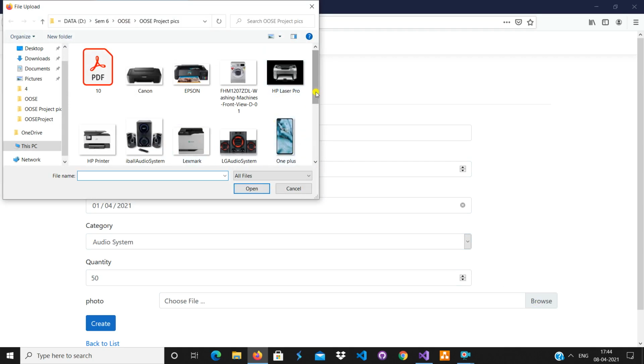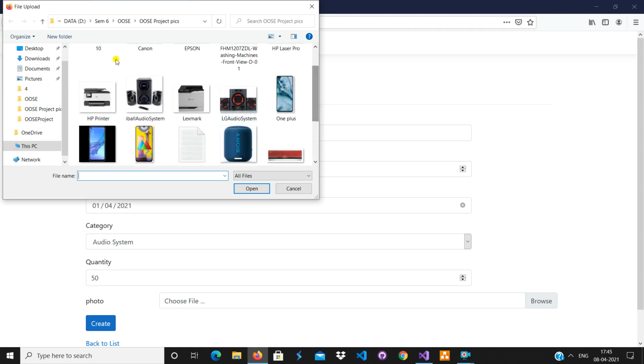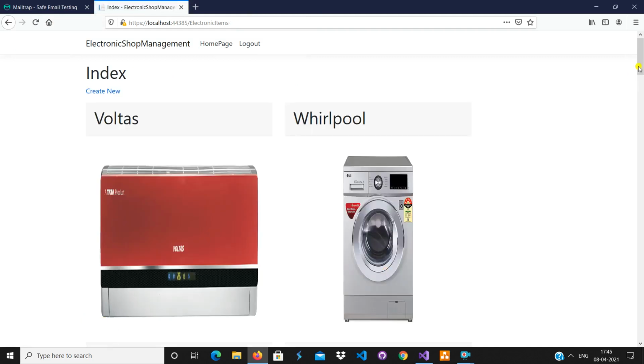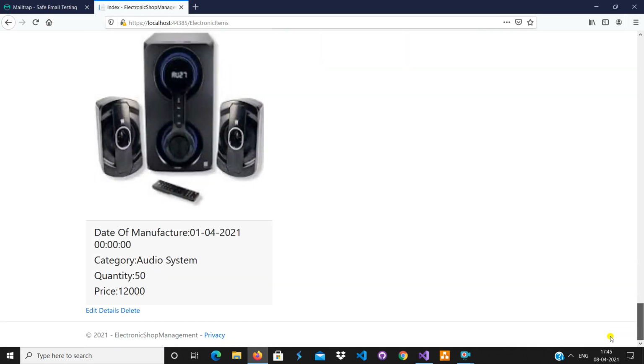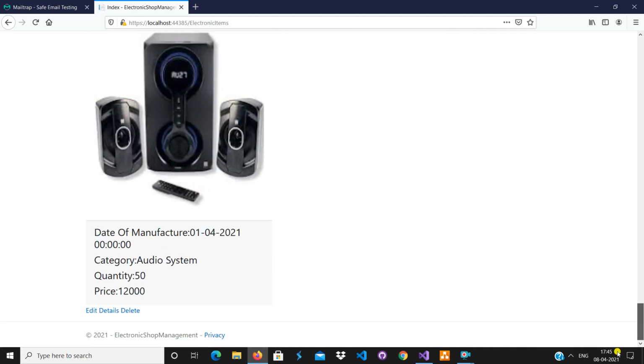If I click on create, you can see the category is audio system and it has been added.